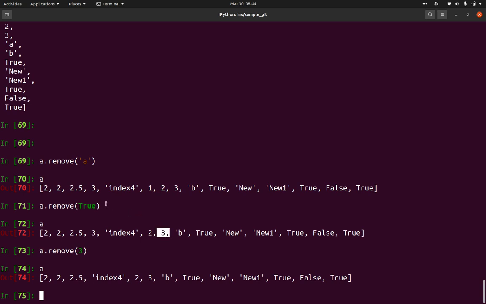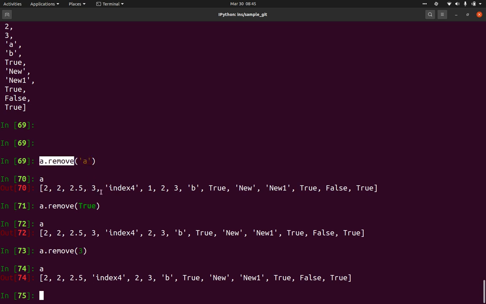But you cannot remove the boolean values, because Python cannot interpret whether you are just giving a true value or you want to remove the true value. What does true mean? True means true, right? It's just yes, go on and remove, but it does not interpret whether you want to remove something or are just giving a true value. So that's why the remove method will not work for boolean values. It will only work for other data types. You can only remove integers, floats or string values. So that is the usage of remove.